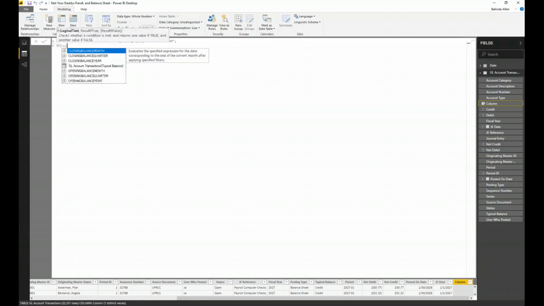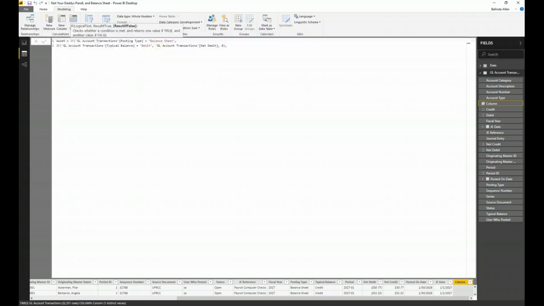So I'm going to start typing in balance, and there's my typical balance from that account. Is that equal to, and again in double quotes, debit? If you don't spell it right, it won't work. All right, so is it equal to a debit? And if it is, then I'm going to get the net debit amount. That's how I'm using that. And if it's not, I'll get a 0. And then the outside if statement, I'll put another comma and put a 0 and end it there. So I've nested 2 if statements inside of itself, and I'm going to commit that.